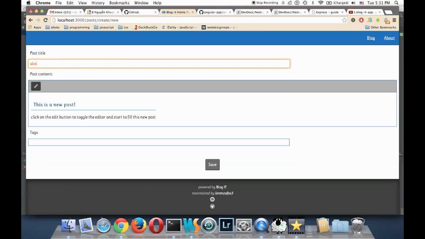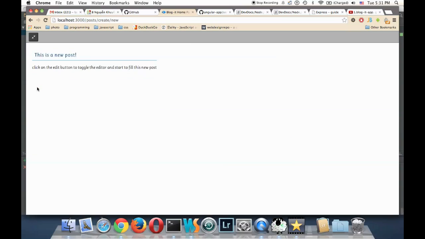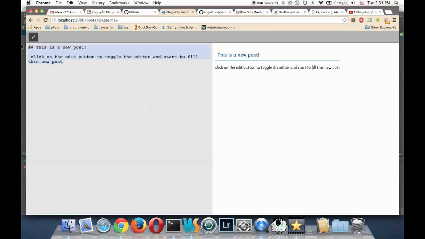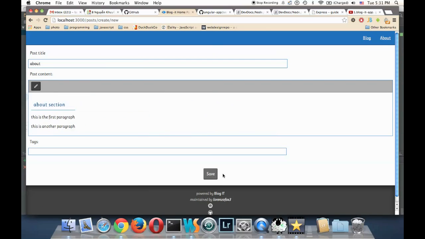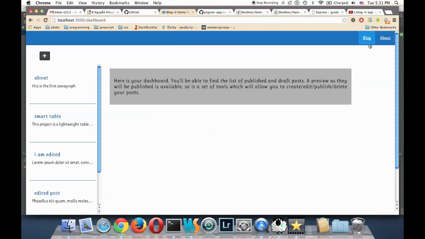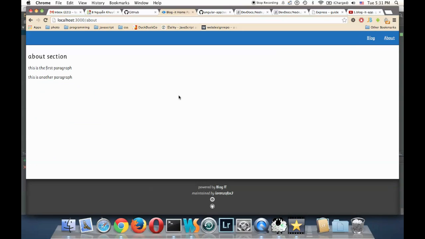Create this about post, edit this guy, and add about section. This is the first paragraph, and this is another paragraph. Okay, anyway, this is another paragraph. So that's cool. Now we save it, and if we go back to our about section, now the content is rendered